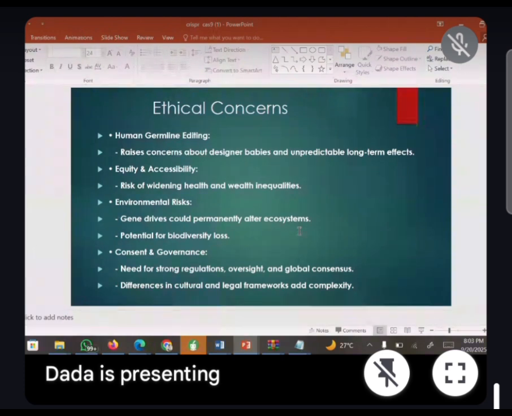So if you are in the school of thought that gene editing is bad because you are trying to change the nucleotide, you are trying to change the DNA God has made, then why do you need to go for surgery as well? Because at the end of the day, they're both therapy. One is targeted therapy, one is surgical therapy. So why do you try to demonize one and paint the other as a hero? So those are still some of the concerns, which is still an ongoing debate here and there, which I believe with time, all it just needs is